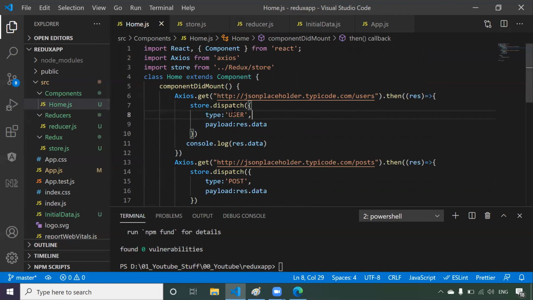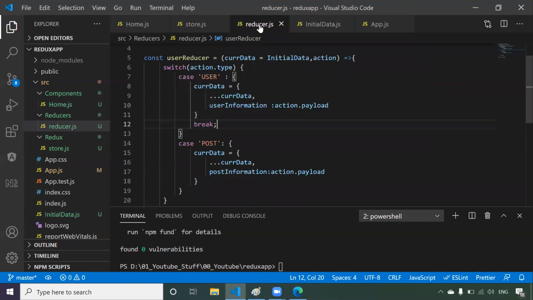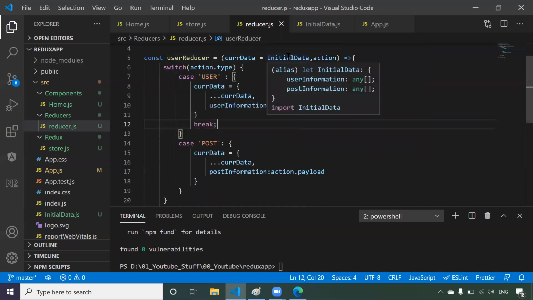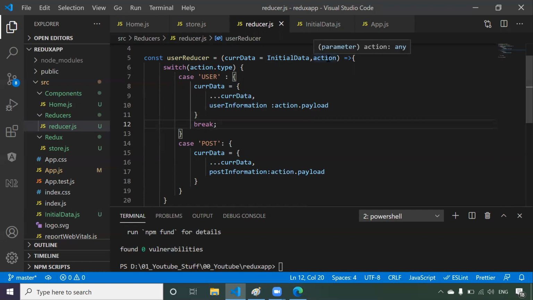Dispatch will call this reducer. The control comes to this reducer, the current data will be initial data, and action will be whatever object you have passed in the dispatch. Now action dot type is user. In the current data we have the user information, so just update this user information with the action dot payload.